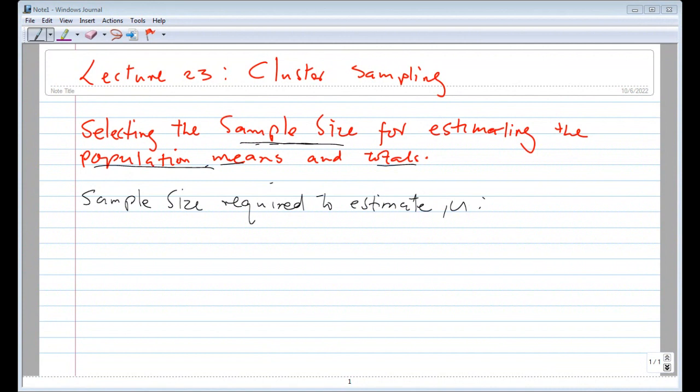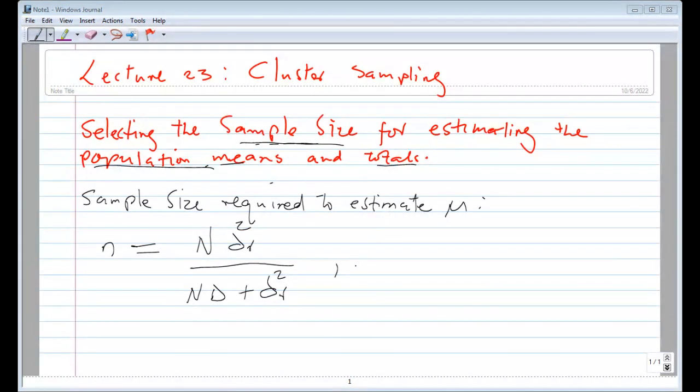Sorry, this is the mu. So we use sample size n, which is equivalent to N times sigma squared r, then you divide everything by capital letter N times D plus sigma squared r,